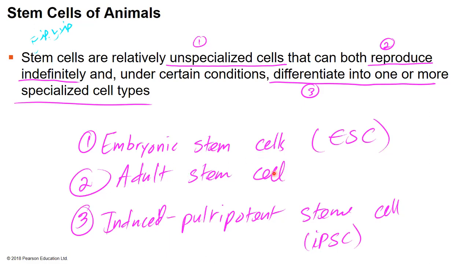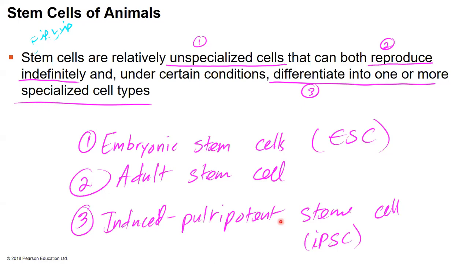Adult stem cells are usually found in tissues or organs, and they could be extracted from whole organisms. And we have induced pluripotent stem cells, which we will be discussing, and these are cells that could be de-differentiated,